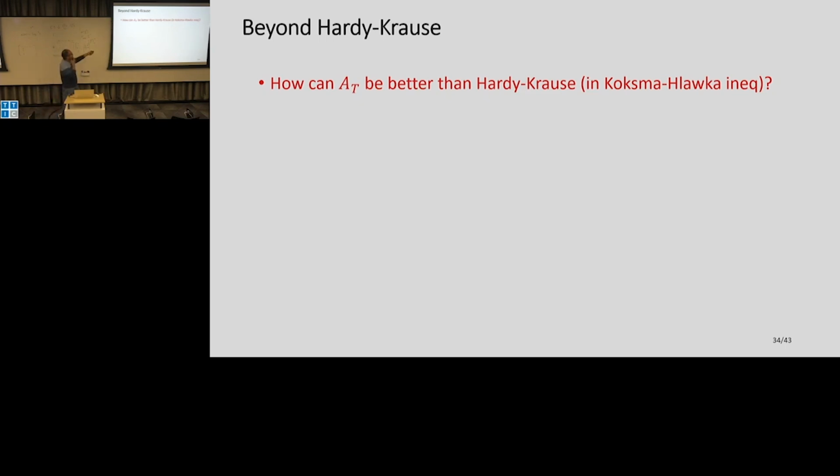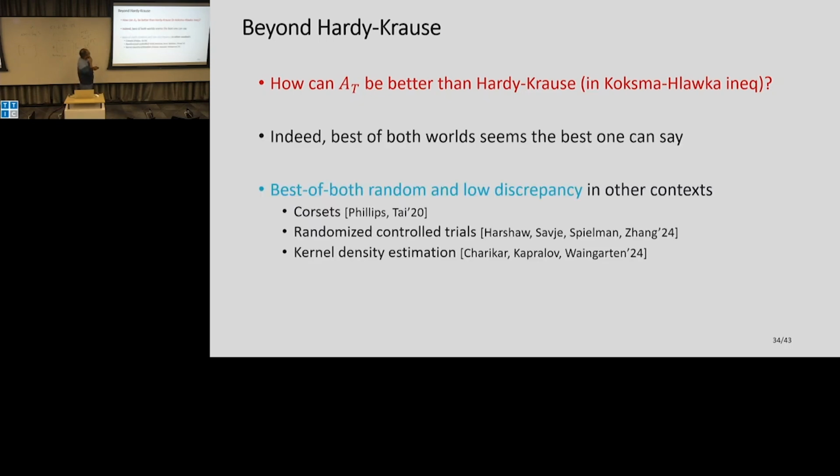Now the second result, going beyond this Hardy-Krause variation. Let's see why that happens. This one is a bit more counterintuitive because, as you saw, these Koksma-Hlawka inequalities were tight, right? This Cauchy-Schwarz could be tight in general. And maybe I want to say that this observation of combining random-like and low discrepancy has been used in other contexts to get results of the type best of MC and QMC, but in different settings by some people recently. But here, it's not clear.